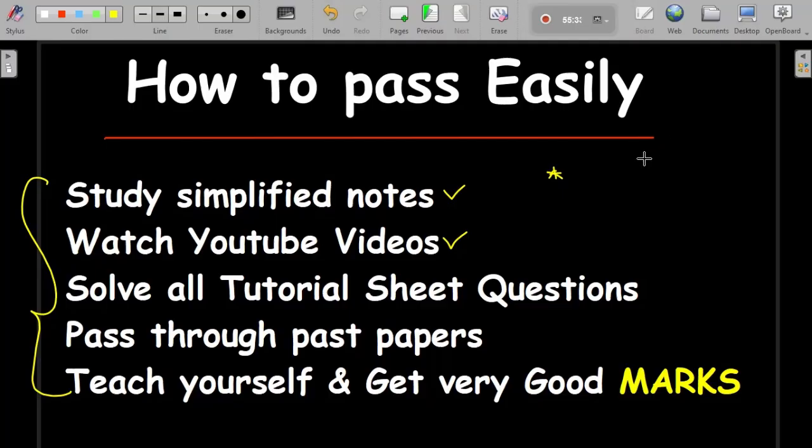For example, if we are talking about first year math, and you don't know how to complete the square, what you can easily do is go on YouTube and search how to complete the square. A video is definitely going to pop up. In fact, a lot of videos are going to come because a lot of people have done videos on how to complete a square. You just pick one, you watch, and then you know how to complete a square.